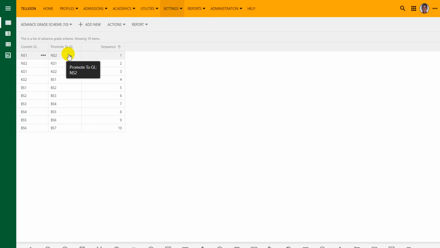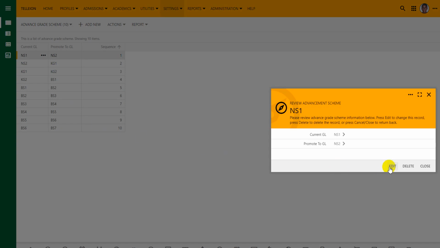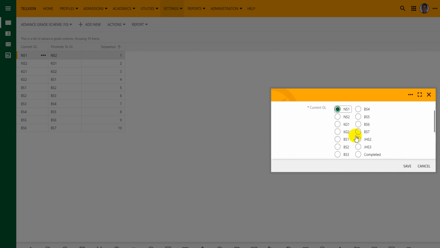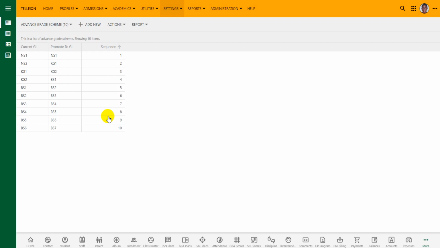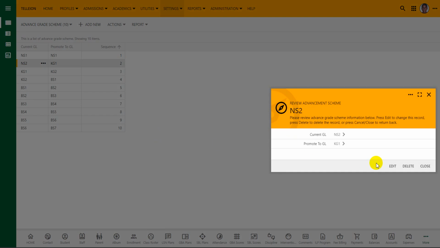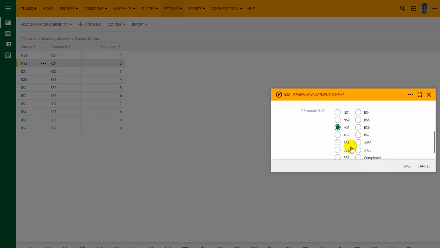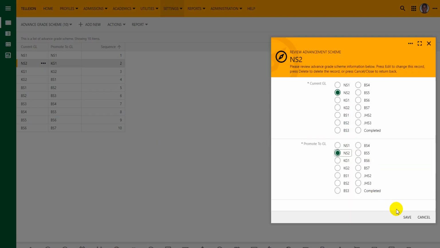Now we are using this also for a non-promotional term, so the students will stay in the same class. So we need to change this, and then NS1 goes back to NS1. We'll have to make this amendment for all of them, NS2 to NS2,